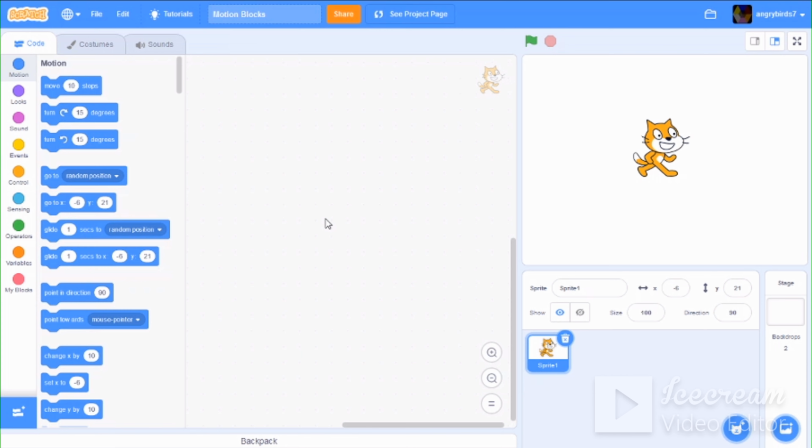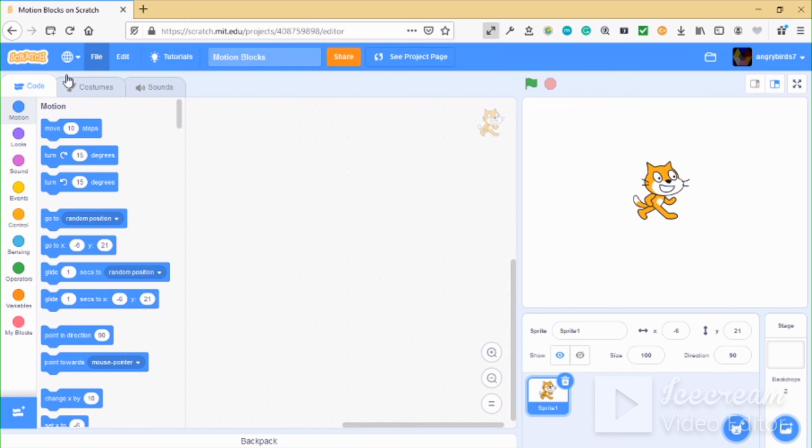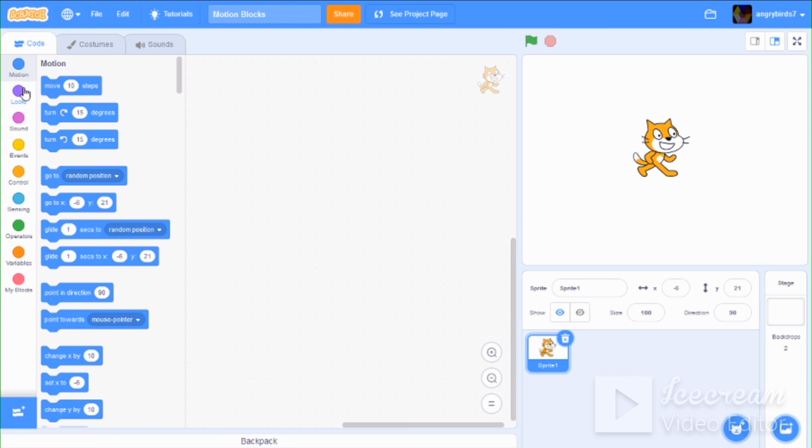Hello, today I will be telling you how to use Looks blocks in Scratch 3.0. Looks blocks are a great way to change how your backdrops and sprites and characters look in your animations and games. To begin, we will go down into the Look section, which is right under Motion,